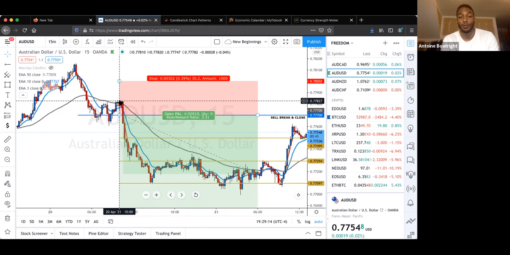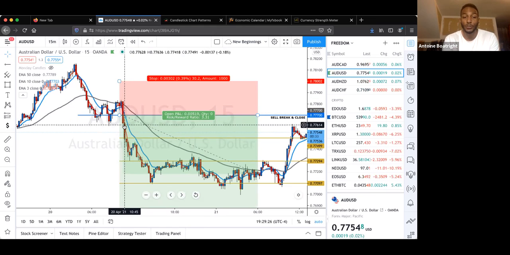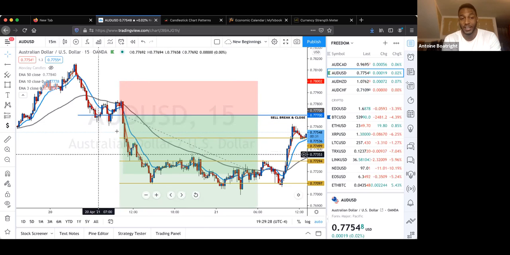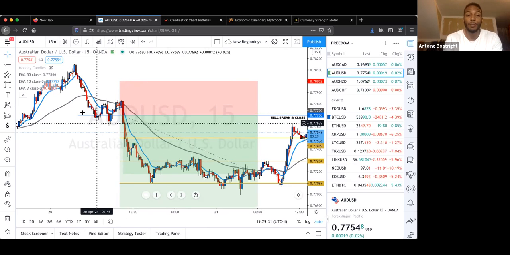I set my stop loss. There's a reason why we have a stop loss. You have to be okay with the pullback. A lot of people want the trade to go blue immediately. That's not how trading works unless you have the perfect entry, guys. So 15-minute, it closed. Are you not going to take this trade just because it closed on the 15-minute,